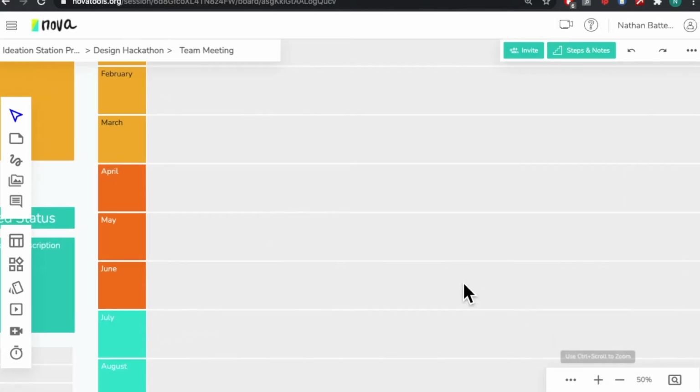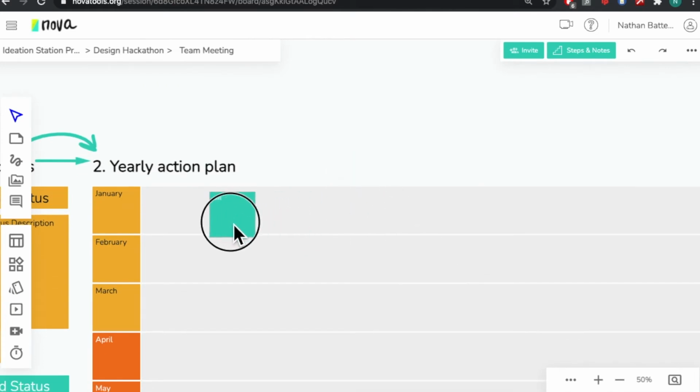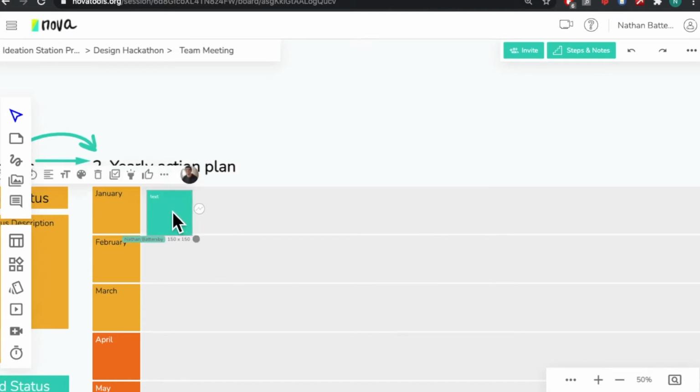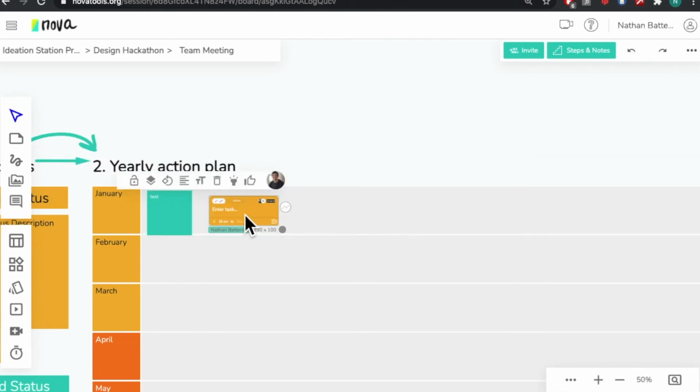And if I wanted to zoom in to view that closer and move it around, I could just use the zoom function here in the bottom right corner. And now I can add that to my action plan. In addition, if I wanted to put a task on the action plan, I could press the add task note, which will add a specific task,